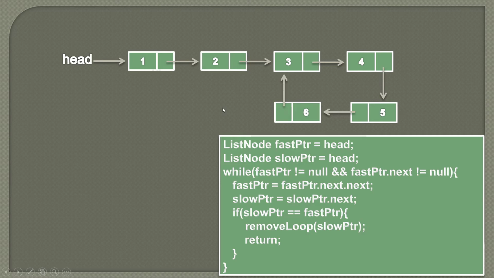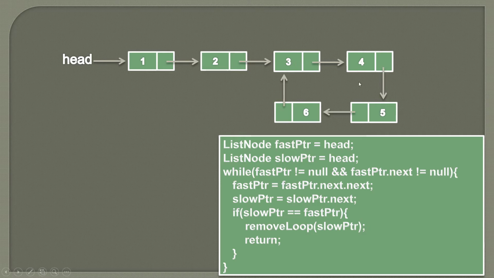So friends, the idea behind this algorithm is very similar to what we discussed in our previous videos, that we create two pointers. We name them fast pointer and slow pointer, both starting from the head, from here, and then we provide a while loop. Inside this while loop, we move fast pointer by 2 steps. So here you can see we are assigning fast pointer next. For example, if fast pointer is here, its next is this node and its next is this node. So we are moving fast pointer by 2 steps and we are moving slow pointer by 1 step.